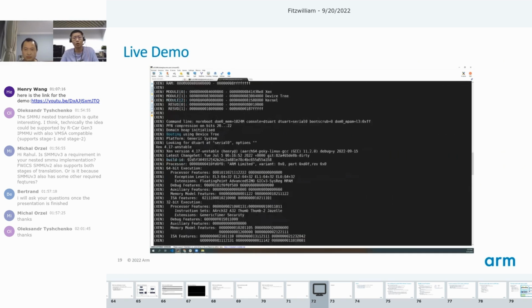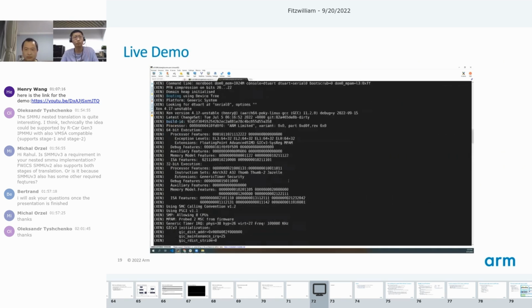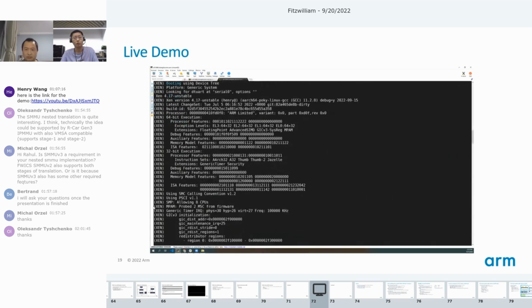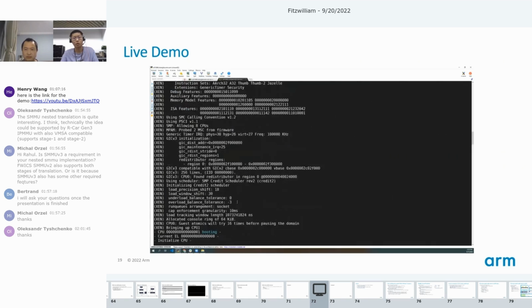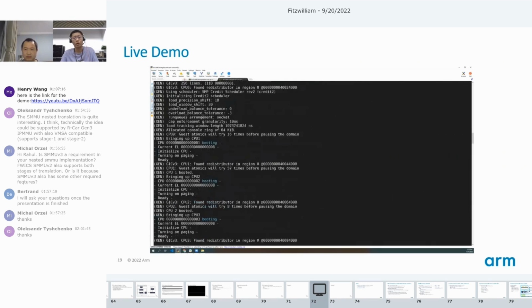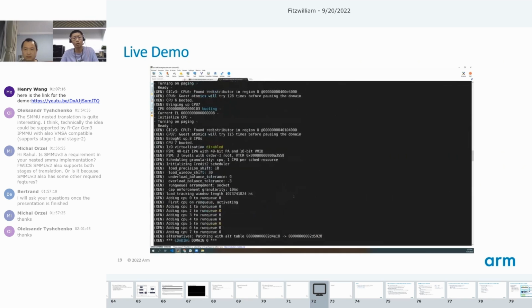You can see here. And later, Xen will detect the MPAM extension during the CPU feature discovery process. And also at boot time, Xen will discover the MSCs from the device tree. And eventually, Xen will enable MPAM with the number of part ID and PMG supported by the hardware.